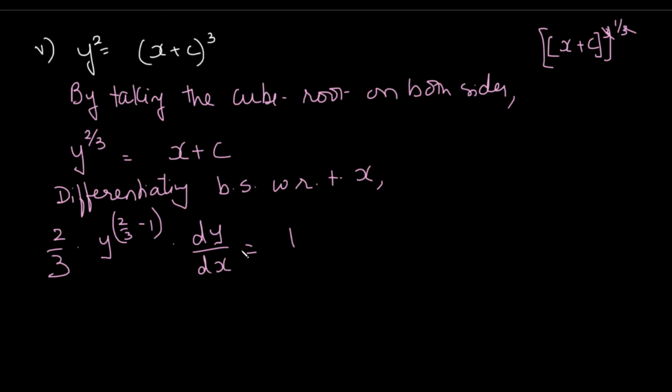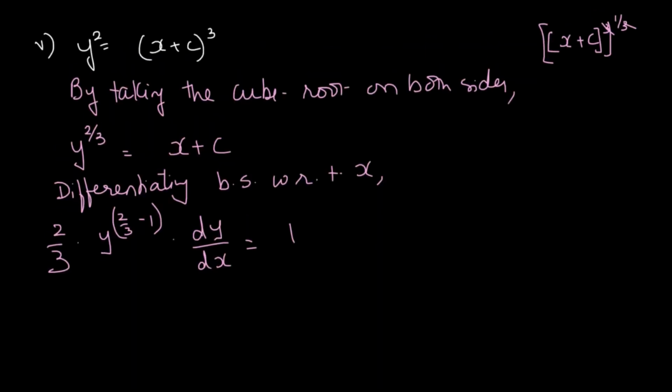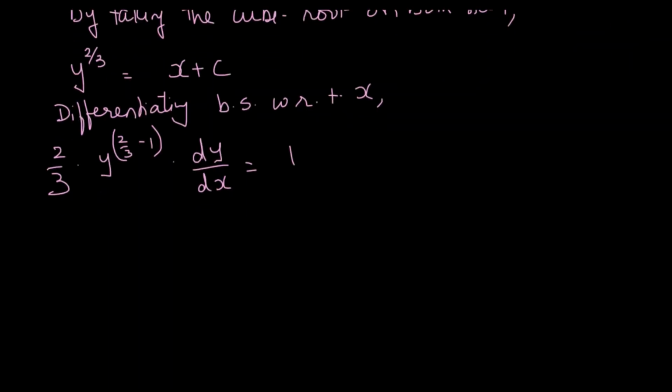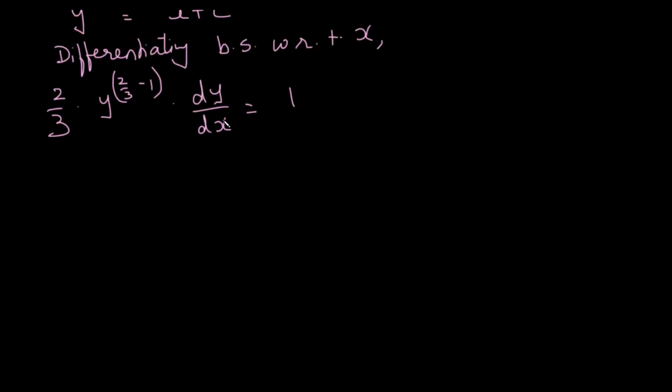On the RHS the differentiation of x is 1 and c is 0, it being a constant. So now we have removed c from the term. Okay, so as you can see in the question itself only one constant term was there. So we can differentiate only once and get our differential equation. So what remains here is simplifying the term further.